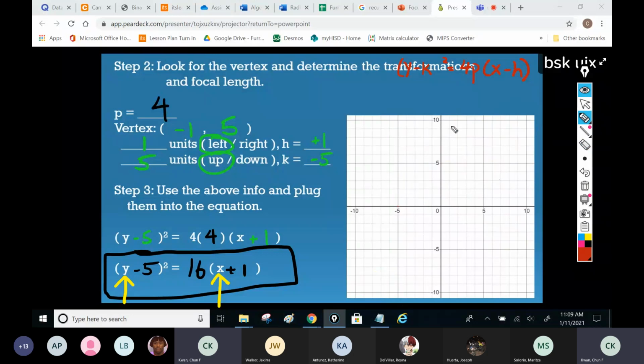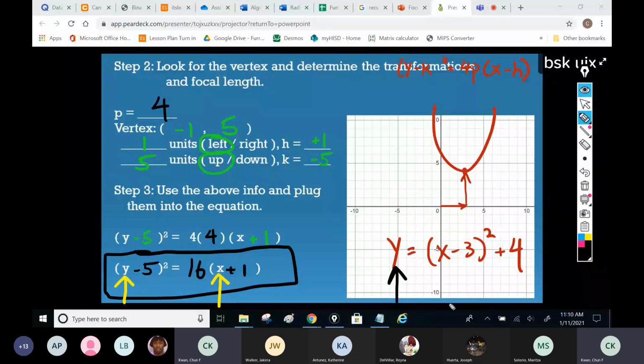Let's just say you have, you know, whatever quadratic function, something like that. So let's just say this is 3 units to the right, 4 units up. When you write the equation for this curve, 3 units to the right and then 4 units up, this is the equation for the curve. You've got to see that the y and the x stay variables. Don't try to put numbers in.